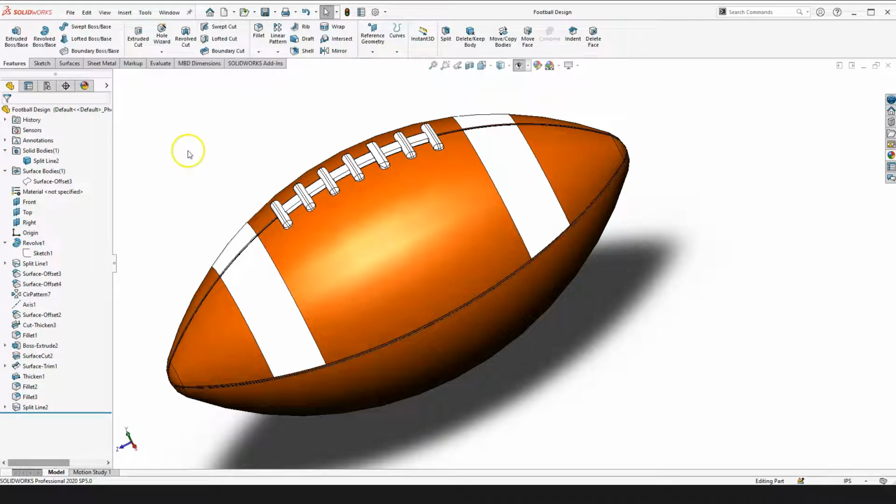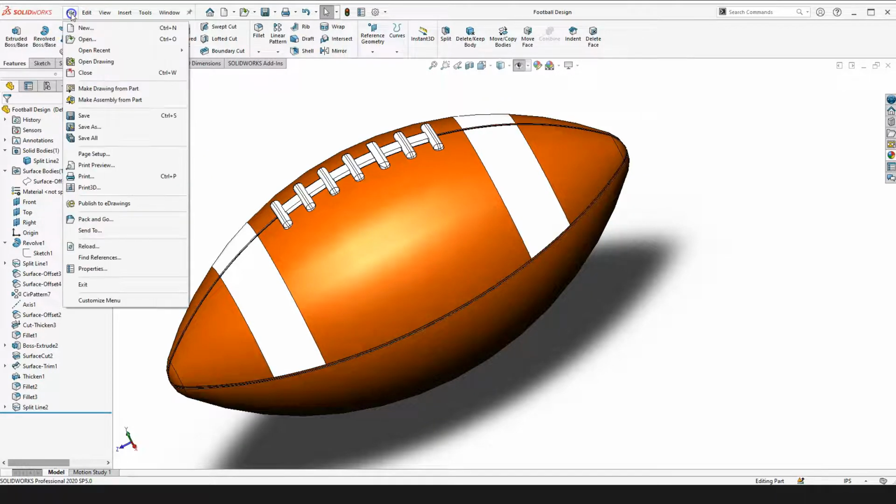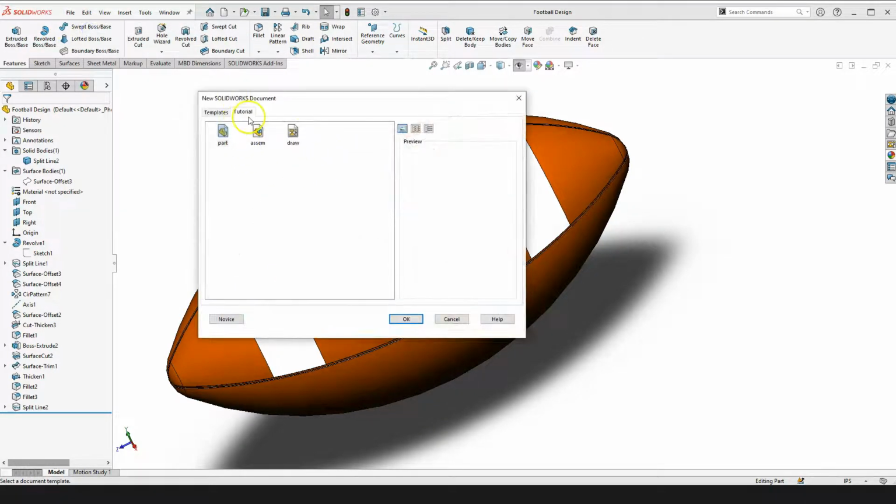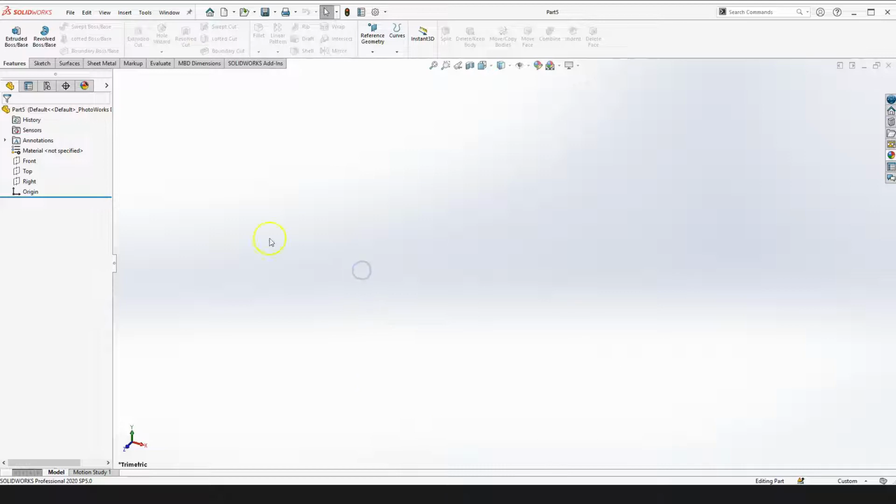So first thing, what you want to do is go to File, New, and just start a new part template. Click on the part, press OK, and pretty much you have an empty template here to work with. Next thing, what you want to do is check your units. I usually work with inches, so I'll go to custom down here and click on inches there, and I'll turn on my planes. So if you just click on the down arrow here and click on turn on the planes,